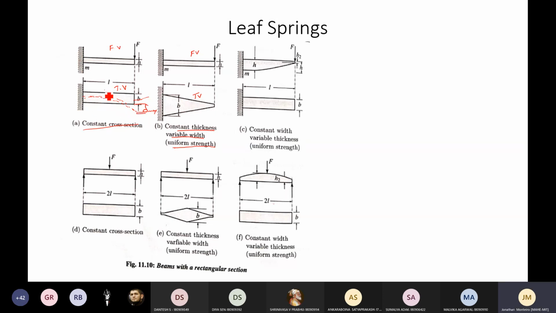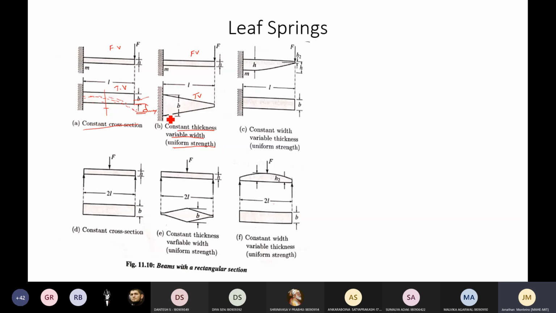Whereas as you go in, if you track the deflection over here, it may be somewhat lesser, or half of it, 50% of it. So as you move from the fixed end to the other end, your deflection increases. That means the strength is different at different places. You may have the least strength here owing to maximum deflection, and the maximum strength over here at the fixed part of it. But here we talk about uniform strength.